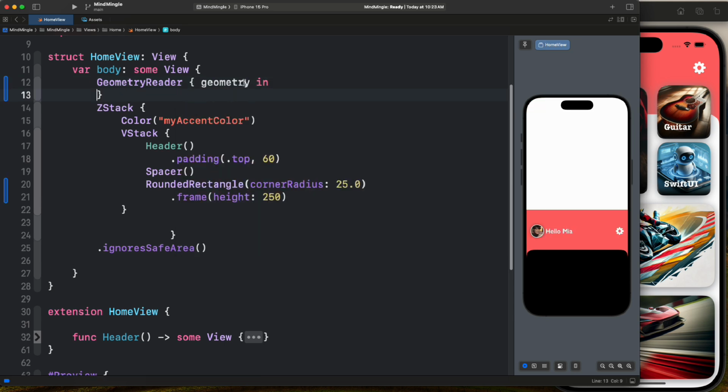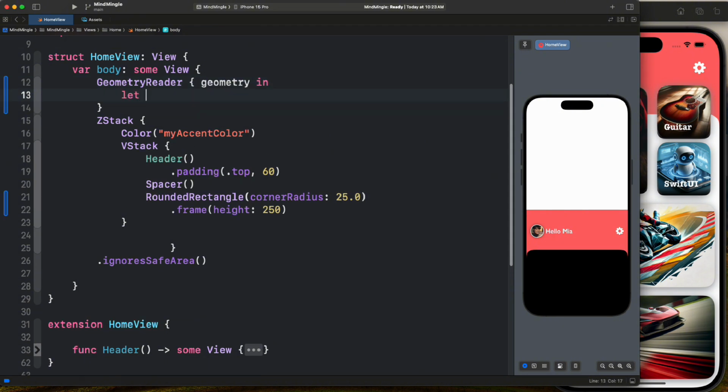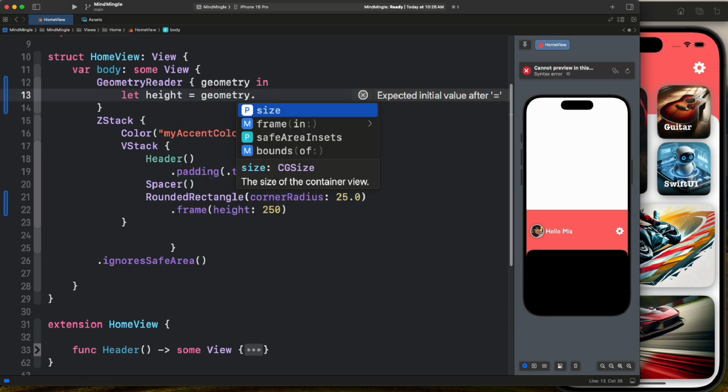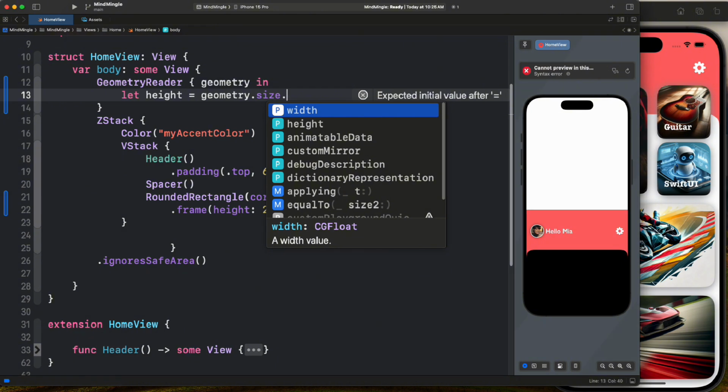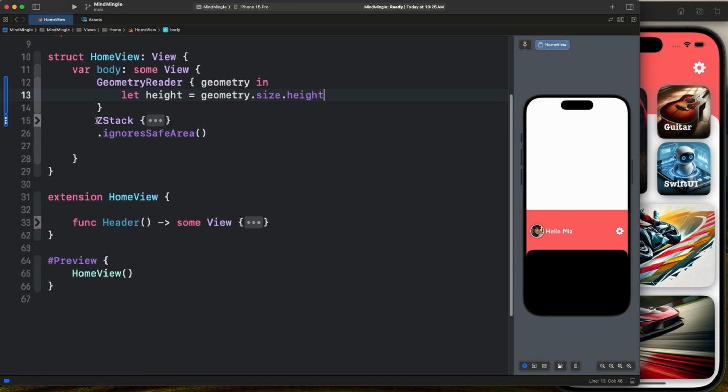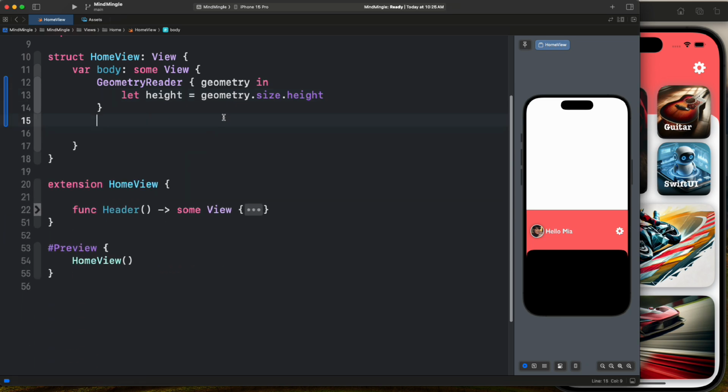And now, based on geometry, we can get the height. So here let's create a let height. The way we can get the height is simply by specifying this geometry, that size. And with this size, as you can see, we can get the actual height of our screen. So what we want to do is cut this and put it inside our